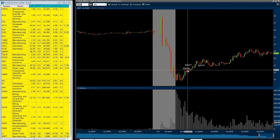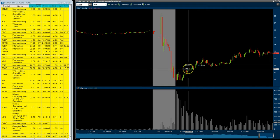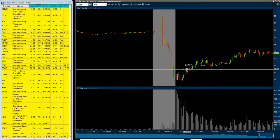when you try to get into stocks like this, it can be very nerve-wracking because you don't know what's going to happen. Sure, you'd like to think that it's going to bounce from here, but you just absolutely don't know. It could have just kept going down. But eventually the spread tightened up a little bit, and so I closed my eyes and took the trade at